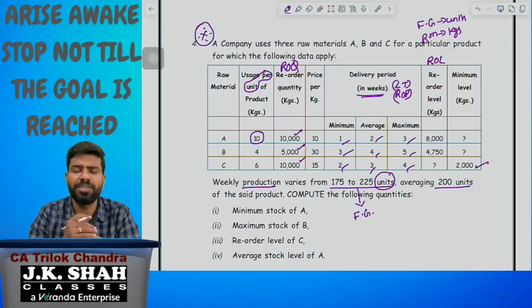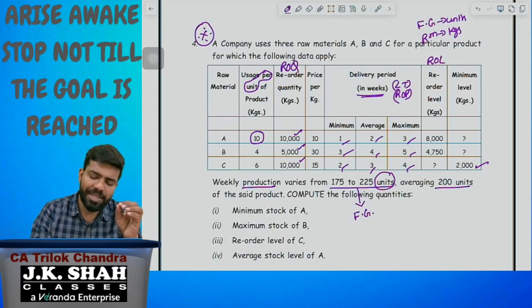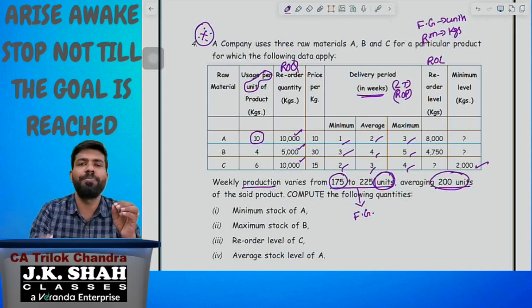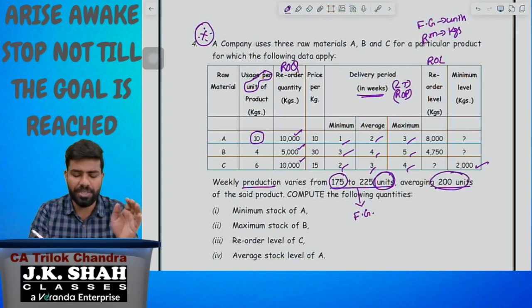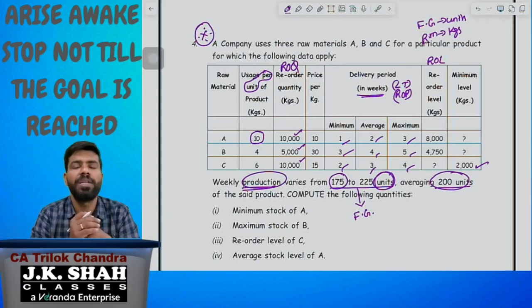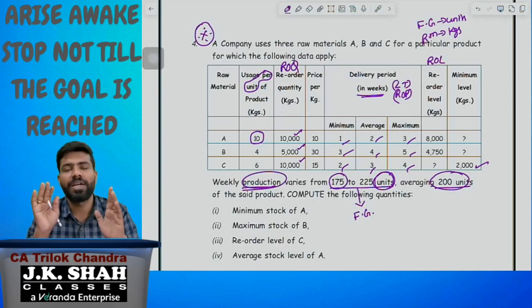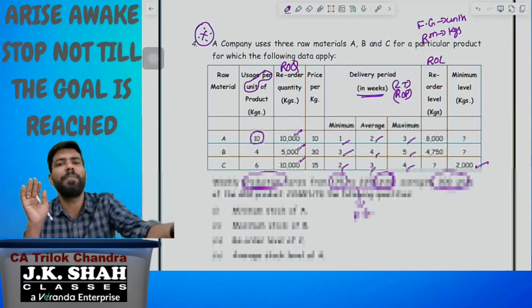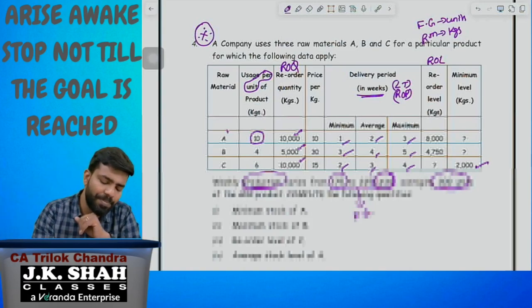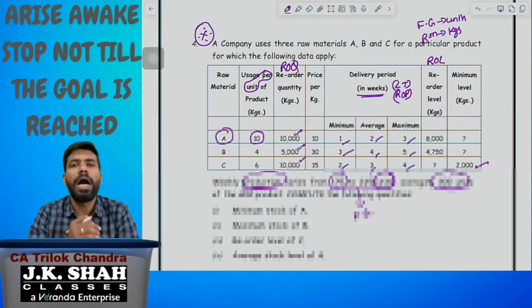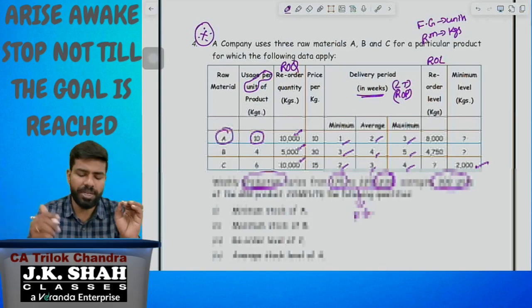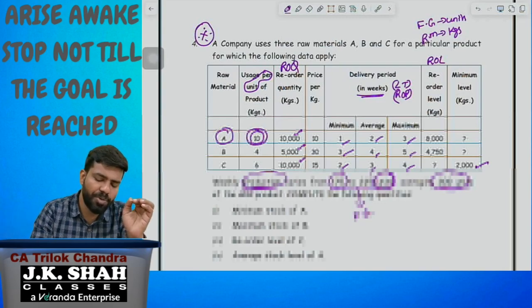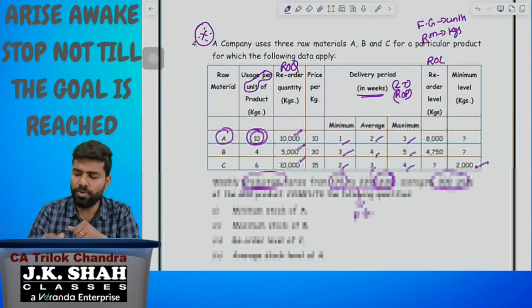Compute the following quantities. The only confusing point in this question is that many people think this is the minimum consumption, this is the maximum consumption, this is the average consumption. But please understand, that is not the consumption, that is the production, nothing but finished goods. Convert the finished goods in terms of raw material. How to do that? Let me take raw material A. How many kgs consumed per unit? 10 kgs. So,